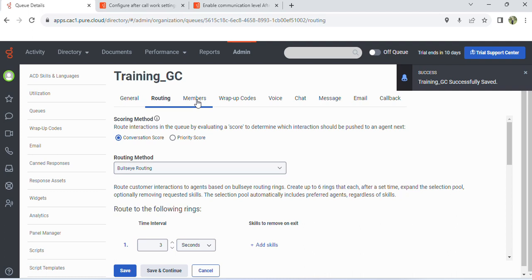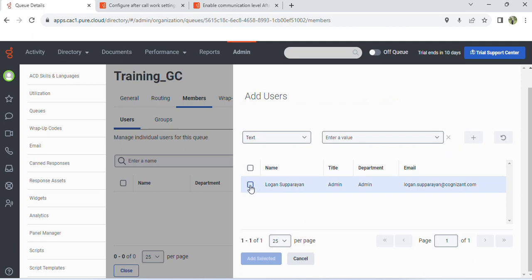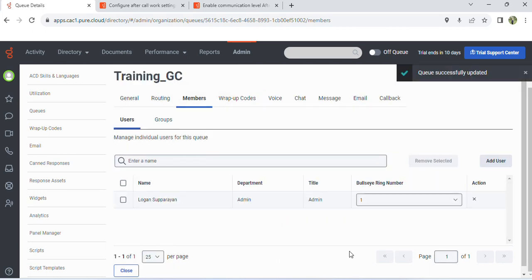And then go to the members tab. You can add members by Add User here. So at present one member is in this organization, so you can add this user,